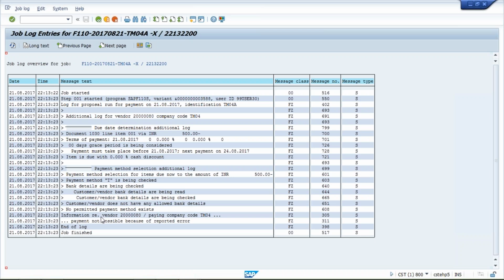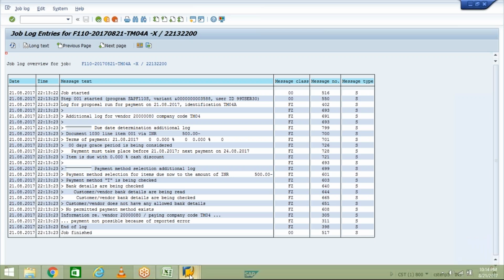Now, so no bank details. System is specifying that customer vendor does not have any allowed bank details. Customer vendor does not have any allowed bank details. So now what we have to do? We have to go to vendor master